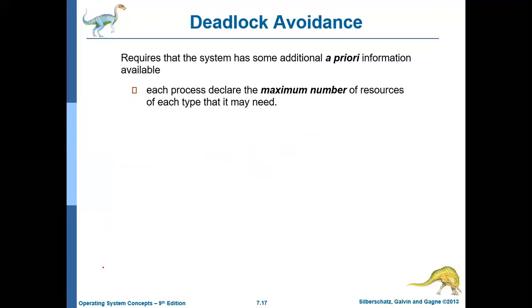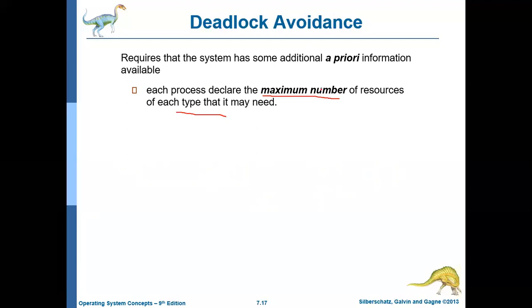One of the simple and commonly used algorithms is where each process must say in advance the maximum number of instances of each resource it will require. Whatever deadlock avoidance technique we have discussed so far is the overall working principle of deadlock avoidance, but there are many different variations of deadlock avoidance algorithms. One commonly used algorithm expects each process to inform the operating system about the maximum number of resources of each type that it may need.